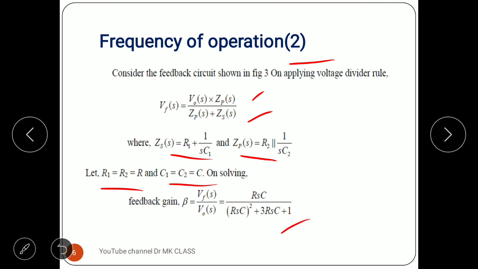So the voltage across that feedback gain, we will get this much, and it is in the S domain. The S domain is the Laplace transform domain, and S is equal to sigma plus j omega. Consider sigma equal to 0, so S is equal to j omega. You have to substitute j omega in this equation,